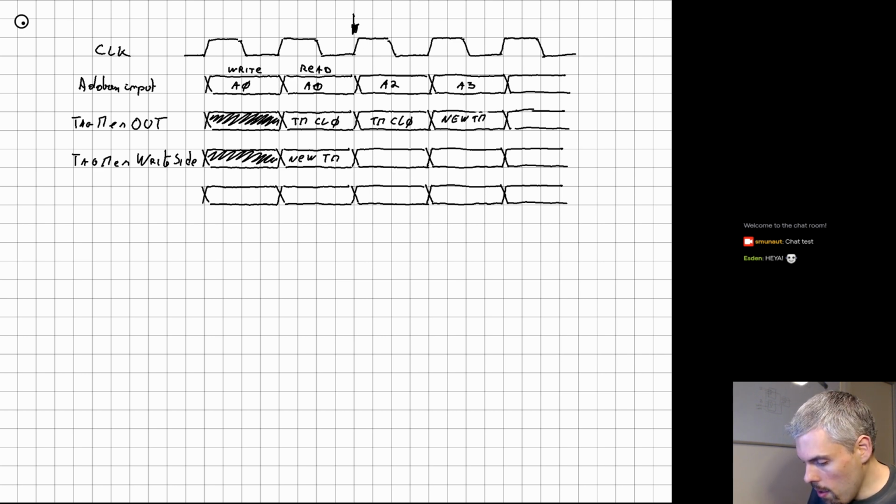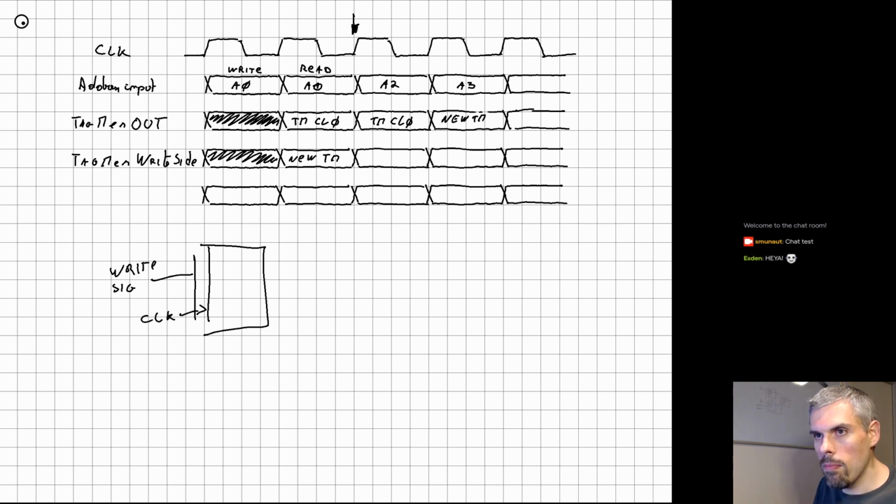Before, I would have had something like this, where you have the memory with the write signals, and then you have the clock writing to them. What I'm gonna do instead, is the write signals,